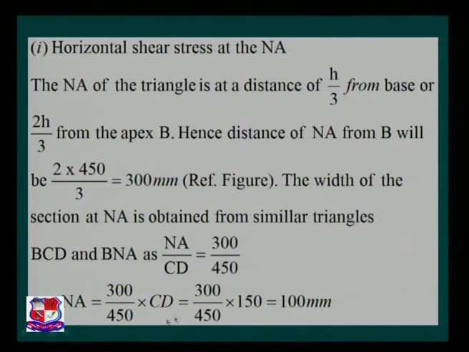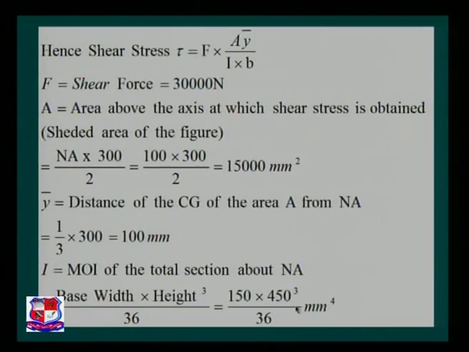The CD value we know, that is 150. By simplifying this simple equation, we get the base width at the neutral axis as 100 mm. So the shear stress tau is equal to FAȳ by IB, where F is the shear force, that is 30 kilonewton, that is 30,000